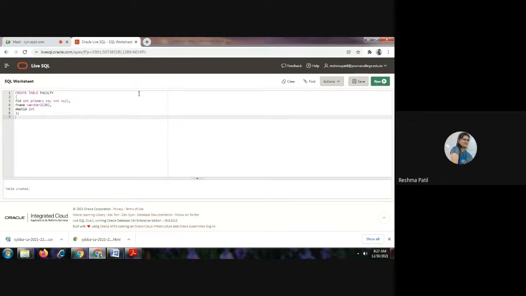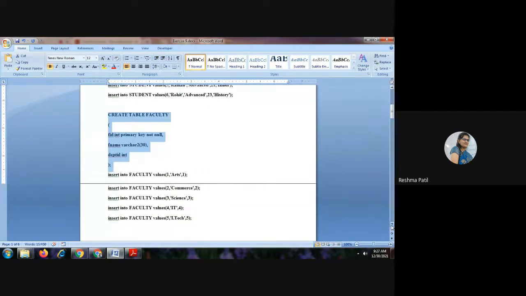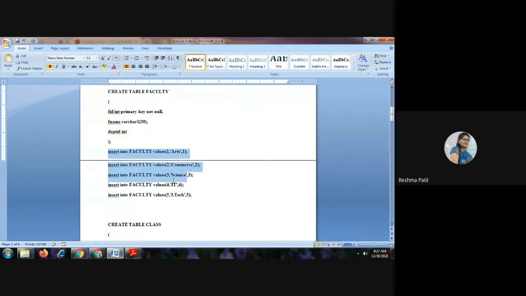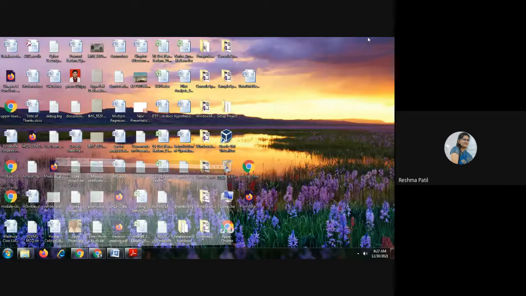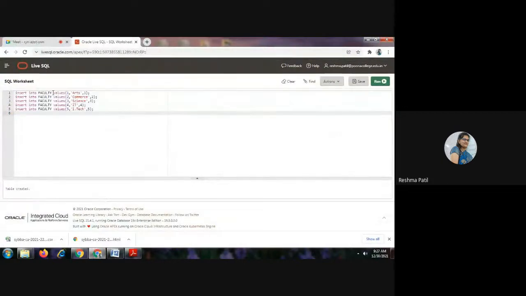Now we will insert the records into this table. So total 5 records I have inserted. FID, then faculty name and department number.